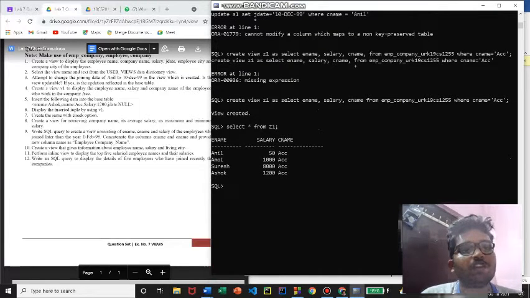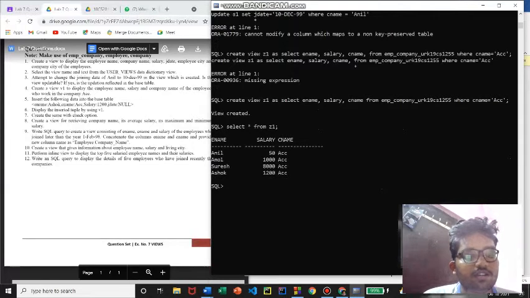Come to the fifth one. Insert the following data into the base table. Let us do that. So the base table here happens to be the employee company table itself.